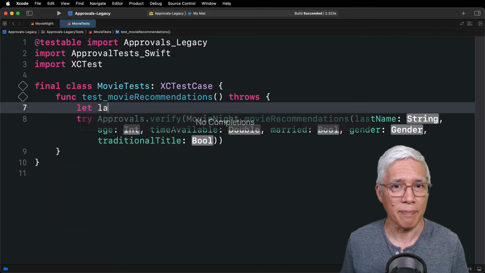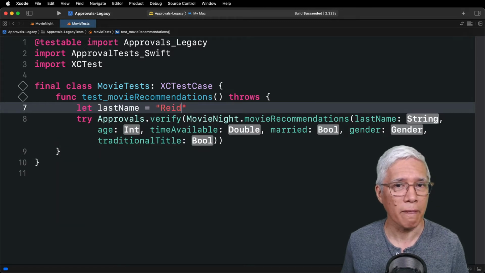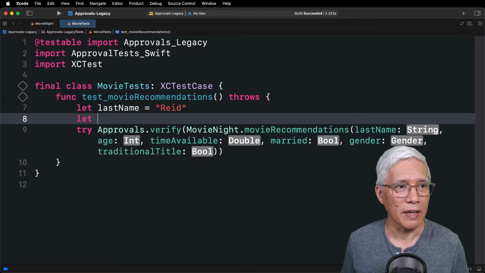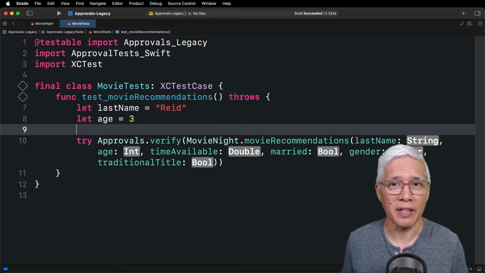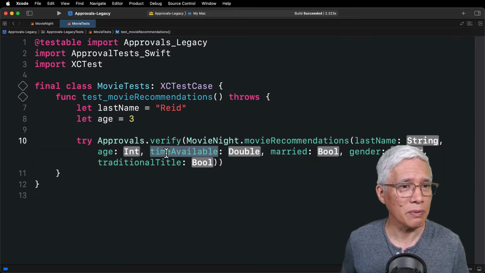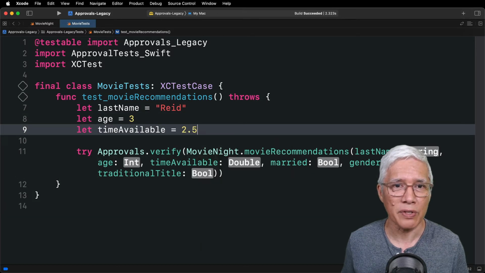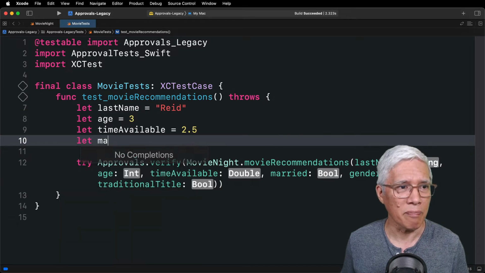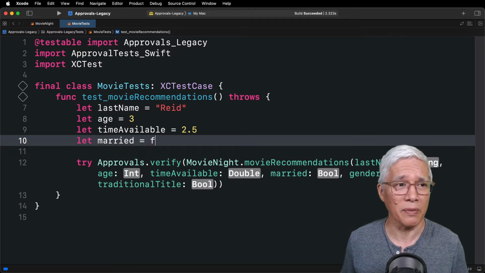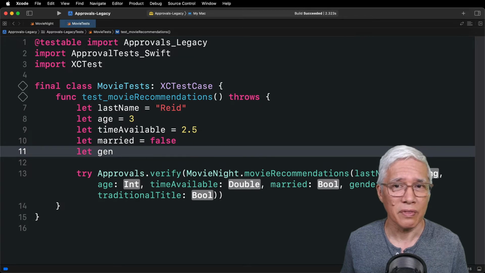So last name is Reed. Age is 3. Time available, 2.5 hours. And married at 3 years old? Wow. No. Gender is male.